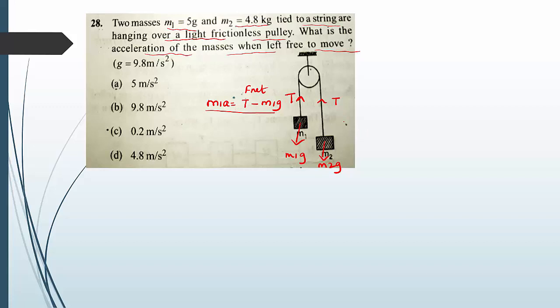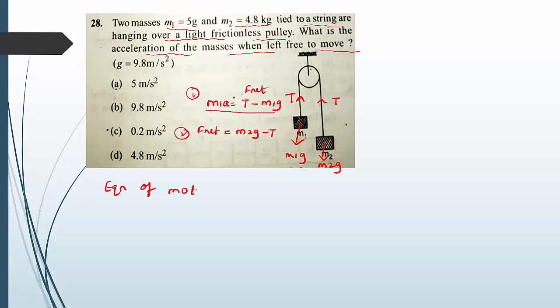For the second part, we can write net force F net is equal to, so here it is hanging down. So we can write m2g minus tension. It is moving up, it is moving down. Which is greater, that value we have to write first, right? These are the net values. So we can write equations of motion for the first part.